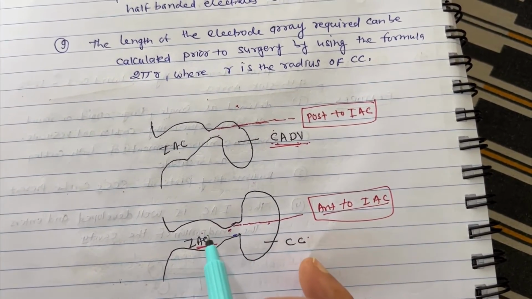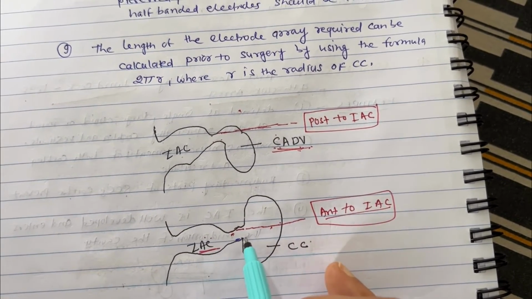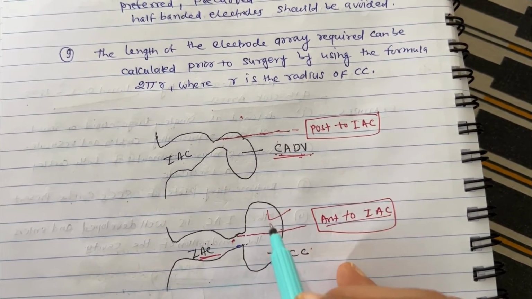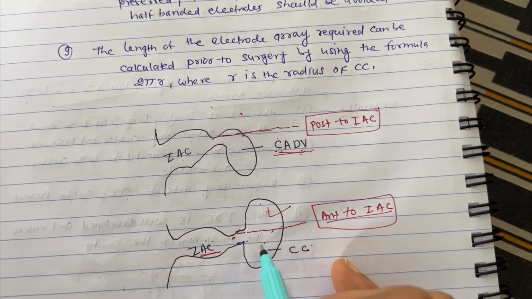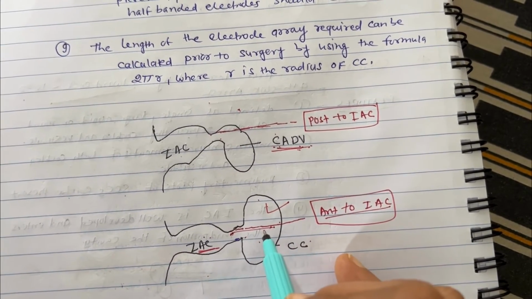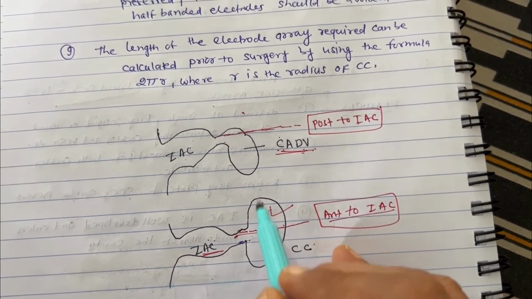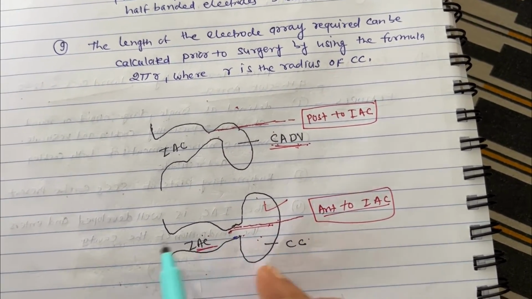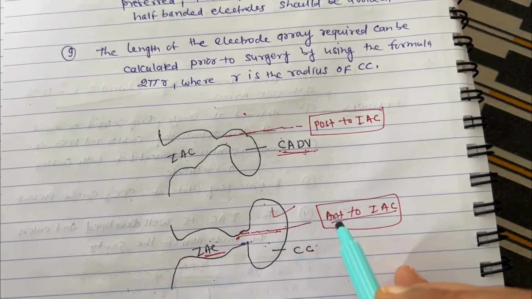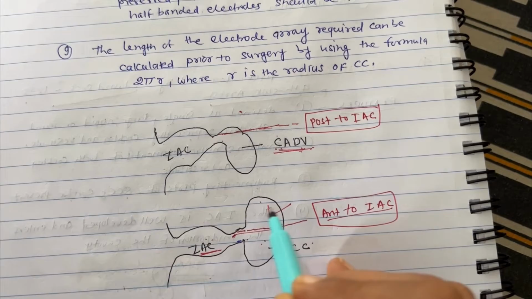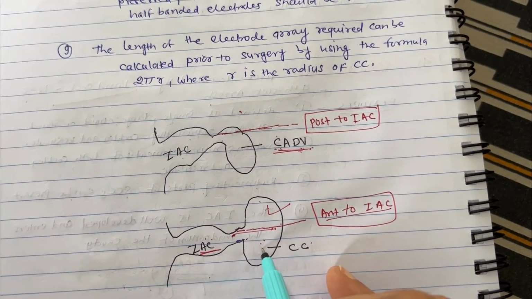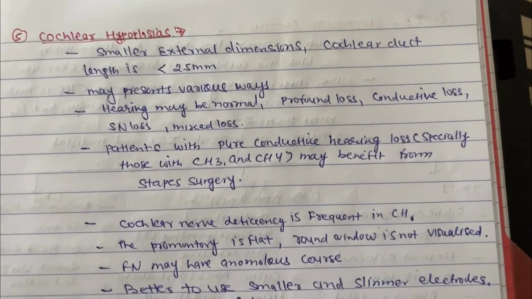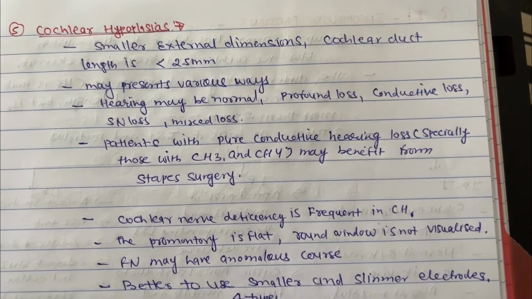In common cavity, if you draw the line through the internal auditory canal, you will see the cochlea is there, but it is less developed, and this is vestibule. So almost it passes between the internal auditory canal. You can see two cavities, almost a single cavity but two divisions through the internal auditory canal line. So anterior to the internal auditory canal there is a cavity, and half the cavity is behind, so it is a common cavity defect. Now the fifth type of Sennaroglu classification is cochlear hypoplasias.